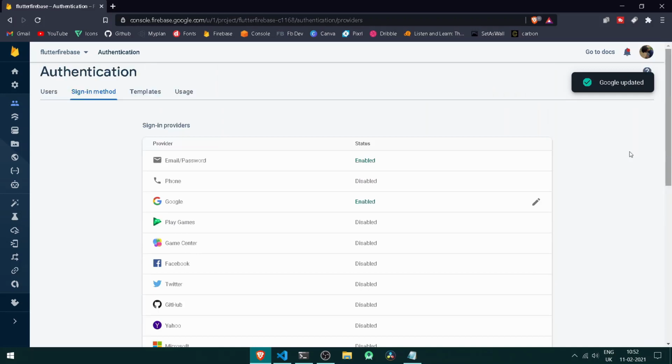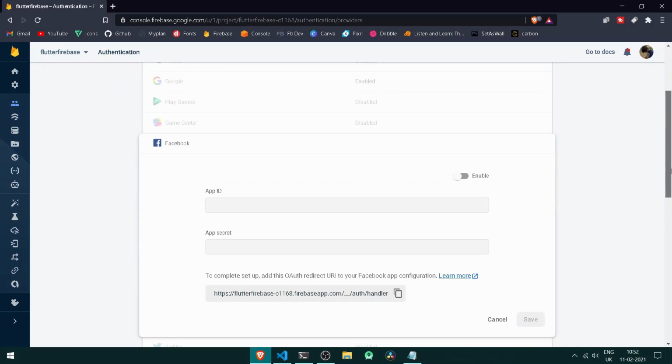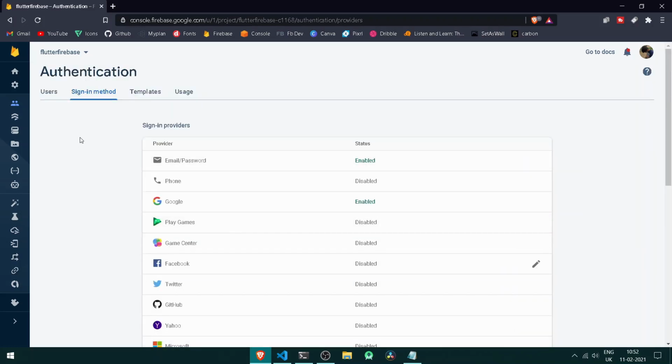So once we have done this, let's also enable Facebook authentication. Yes, we are going to use Facebook authentication as well, but for this purpose you may see two new keys shall be required, which are app ID and app secret, that we will be doing in some later tutorials. So for now we can cancel the following thing from here. So once we have simply enabled authentication, let's go under our cloud storage.